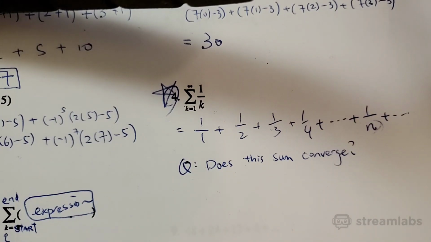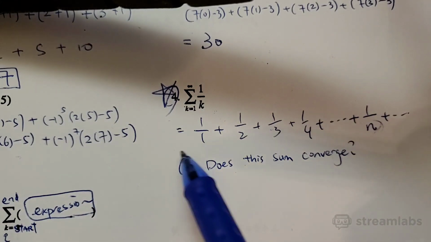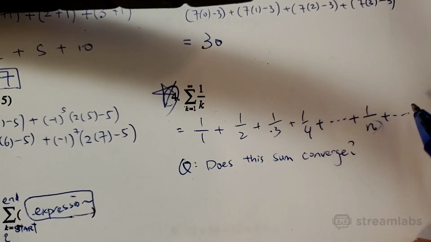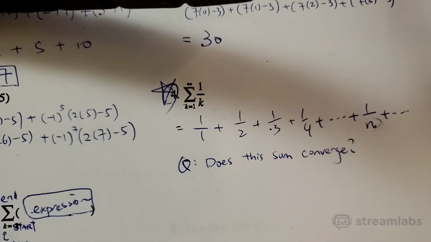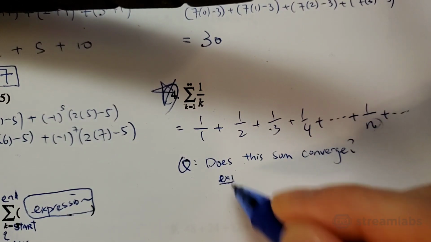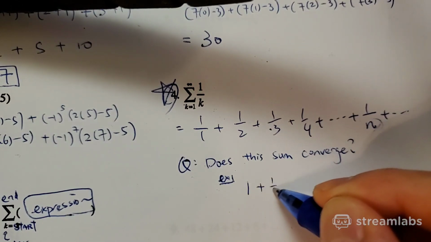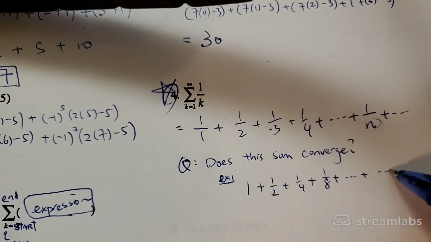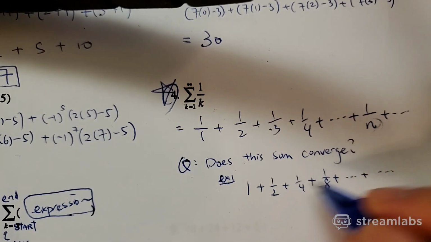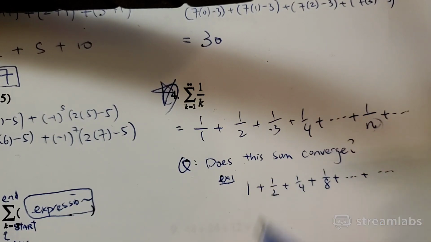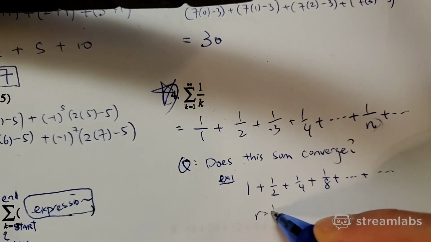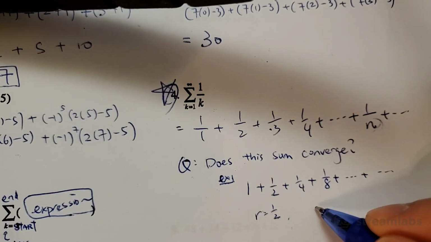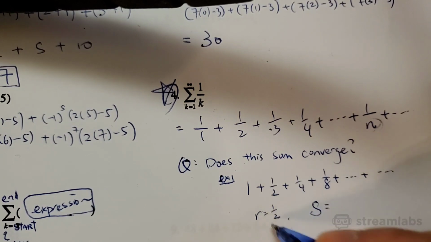Okay? What does converge mean again? Well, converge means that the sum of this will equal a number eventually. Like the whole thing will equal a number. For example, remember 1 plus 1/2 plus 1/4 plus 1/8 plus all the way to infinity. This is an infinite geometric series, right? And when we add these up, we say that this converges because the ratio is less than 1, right? r is 1/2. Right? So when we do an infinite geometric sum, we say it converges because r is less than 1 and the